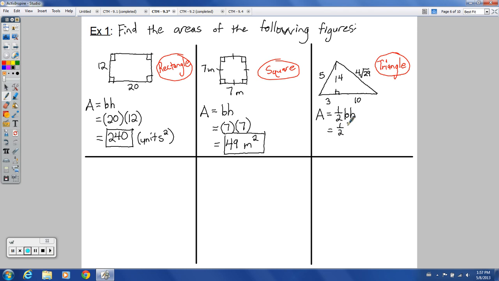Trying to trick you a little bit in this one, but did you catch the trick there? You add these up. We got 3 plus 10. That's the length of the base. That times the perpendicular height, that would be 4. So we have 1/2 of 13